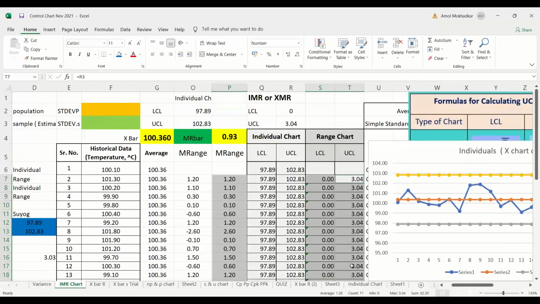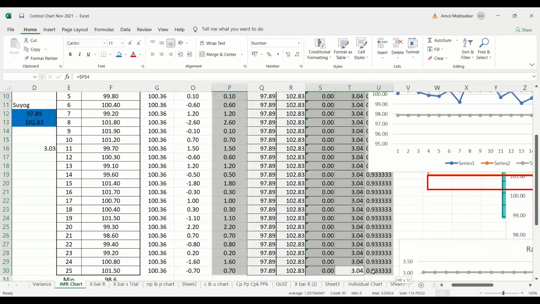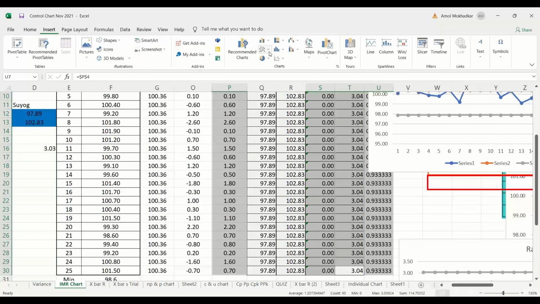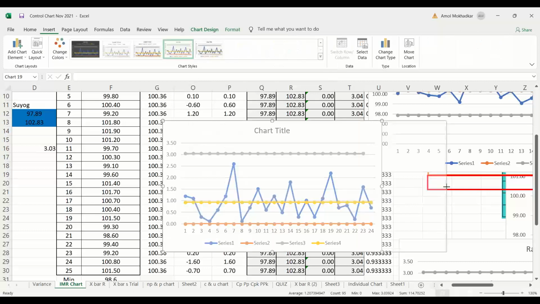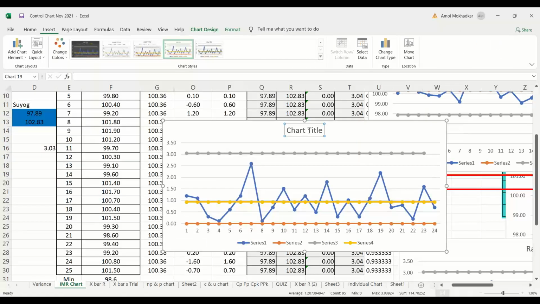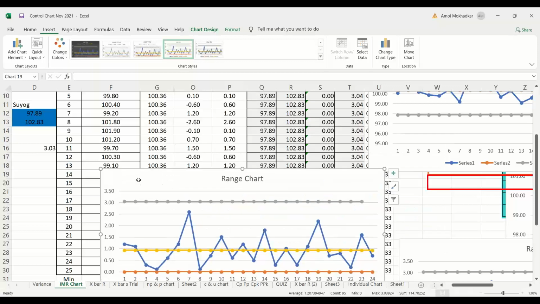And also you need to take the average. The average line is here, 0.9333. That is your average. Go to insert, go to the line graph, prepare the graph. This is your range chart now. This is the range chart. So how will it look?